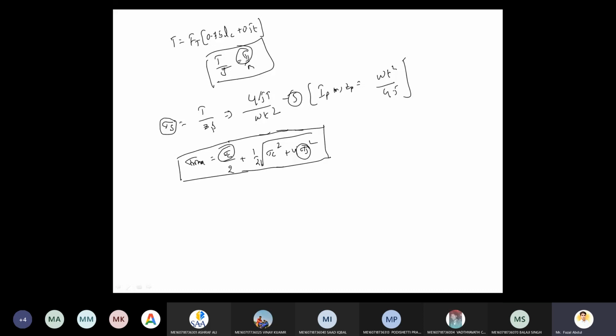So this component is subject to biaxial stresses. So the reason I am taking this theory of failure equation here. Remember, whenever the object is subject to a biaxial stress system, we need to take into consideration the theories of failure. Don't forget about this topic, theories of failure. Okay.